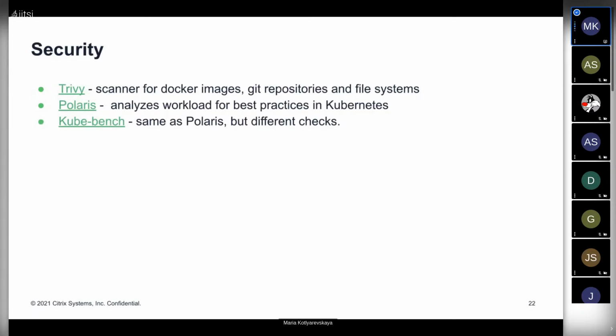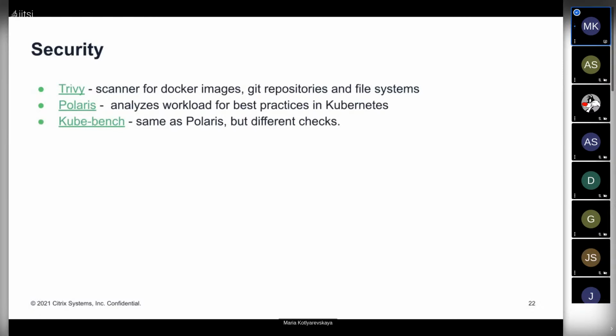It just shows you misconfigurations, missing resources, root users in the manifest, and so on. So it's just a nice tool to start with when you see some Kubernetes cluster for the first time.